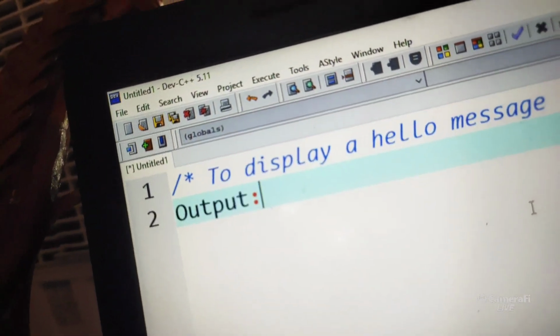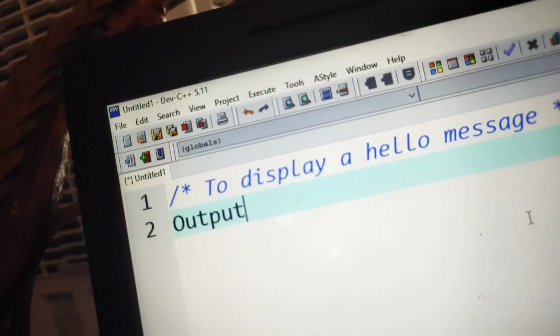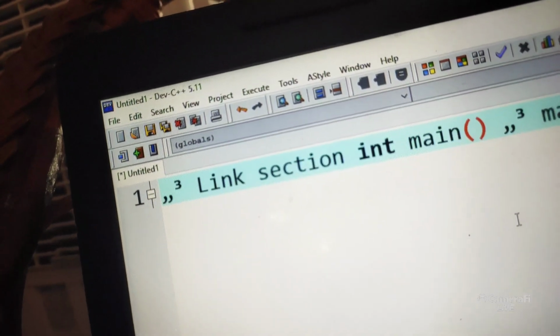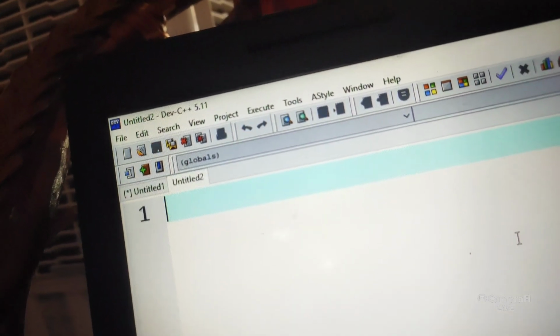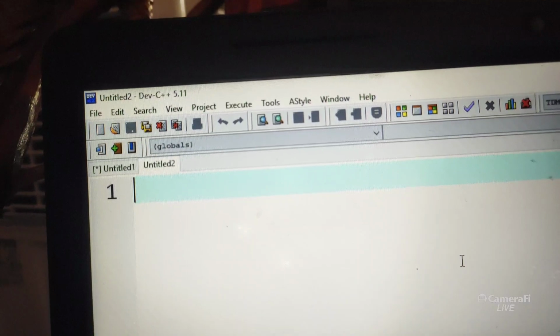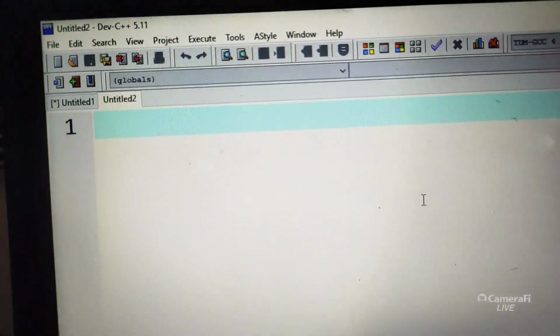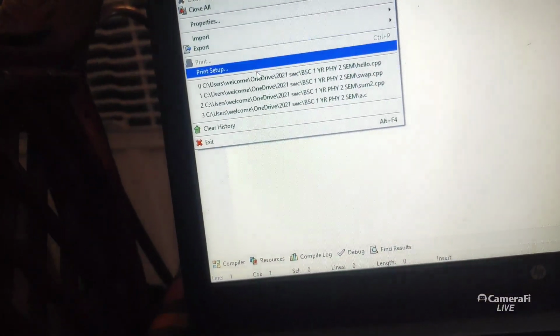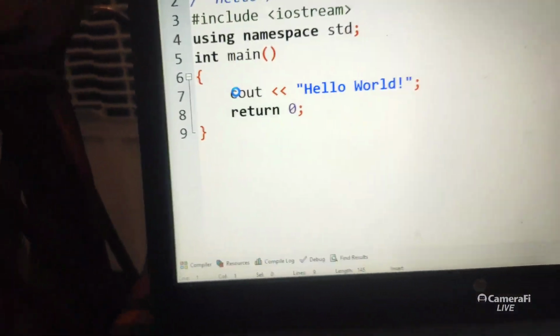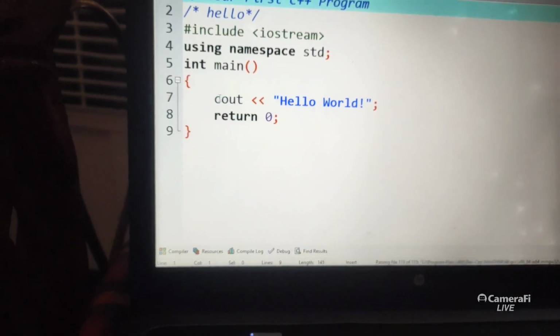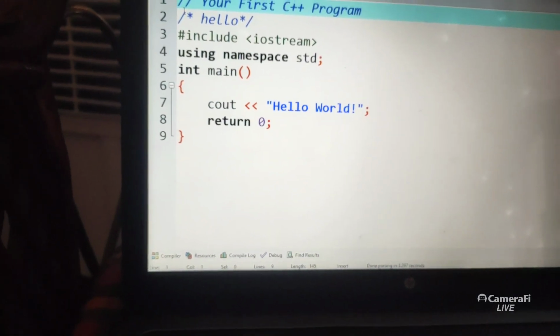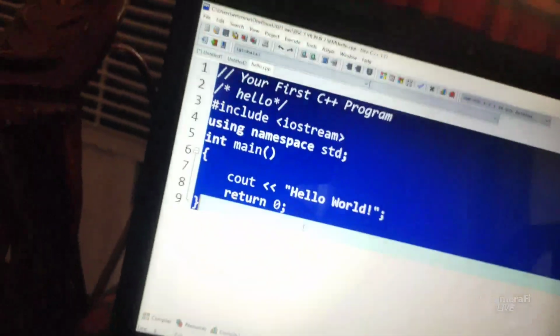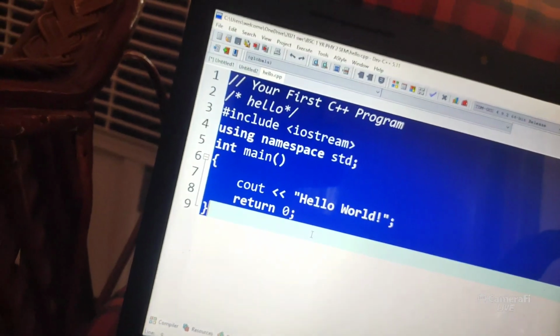For example, the same program you should write. You type the program.